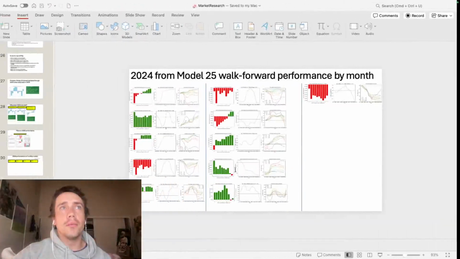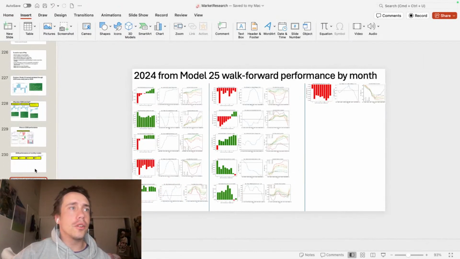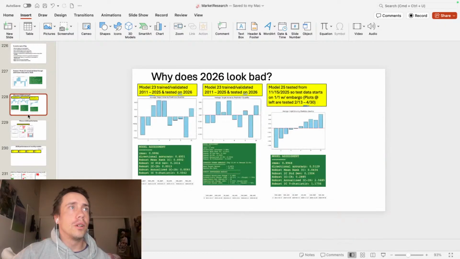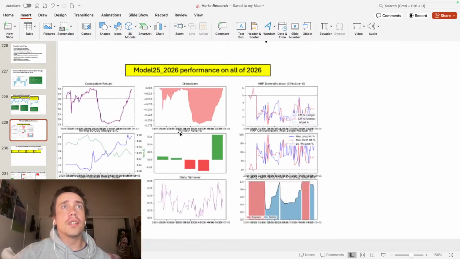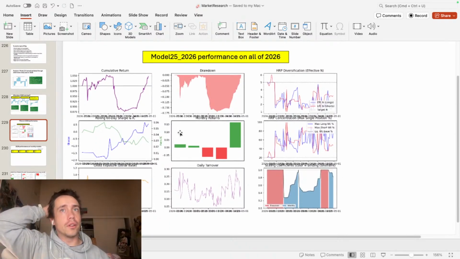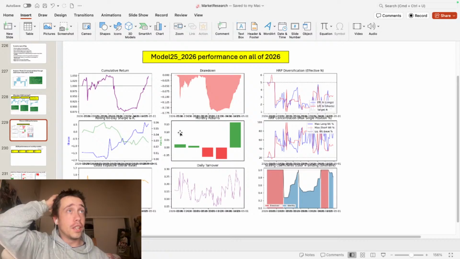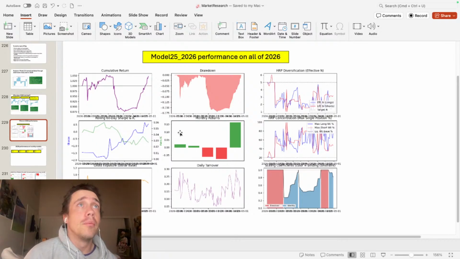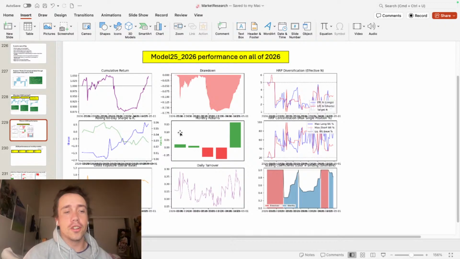Here are the results for 2026. This is if I implement a basic portfolio strategy on 2026. So you see, it's kind of noisy. There is a drawdown, draws down 17%, but it does recover, and the duration isn't that long.